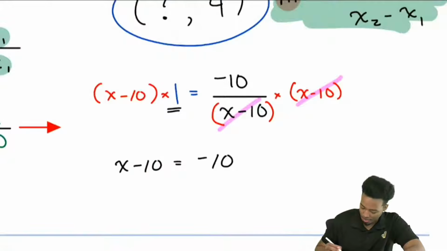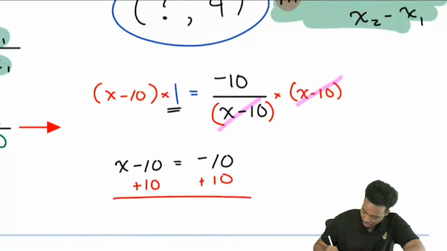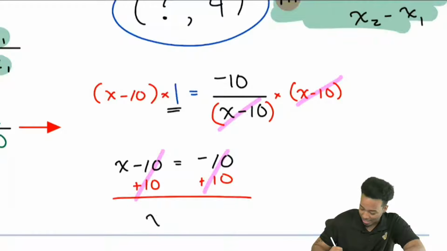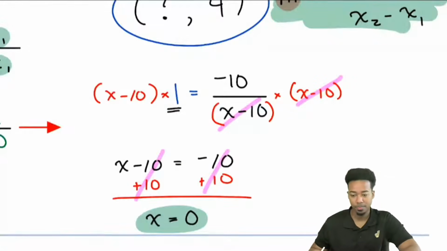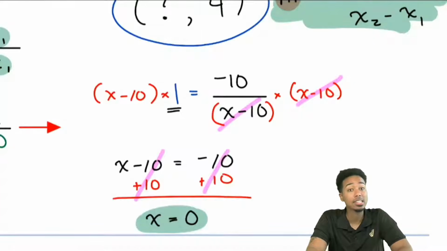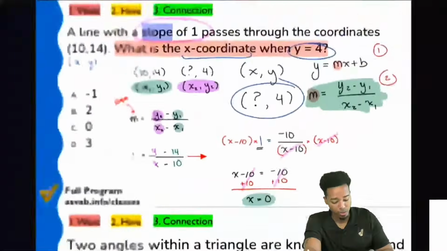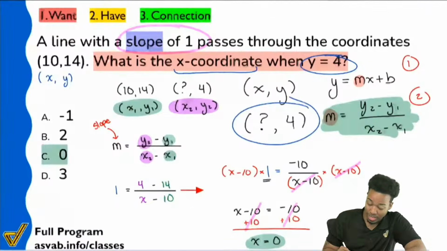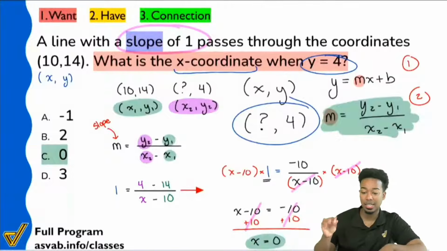So it's going to be right here, plus 10, plus 10, booyah. That's going to cancel on the left, and it's going to cancel on the right. And what we end up getting is x equals 0. And that's going to be the answer. And I'm going to zoom out so you can take a screenshot if you'd like to. But what the answer is going to be here is C, 0.